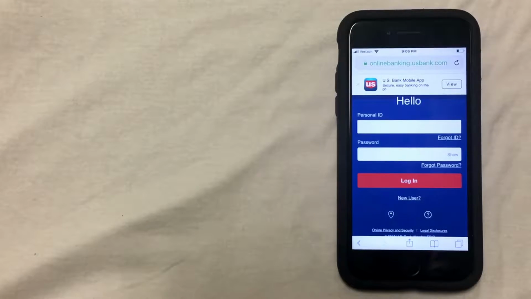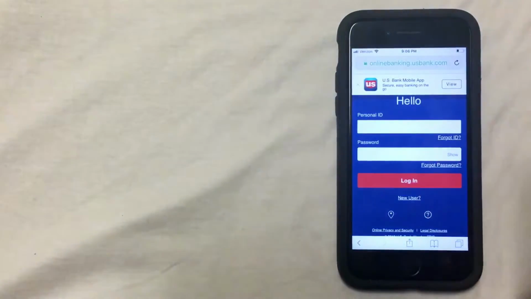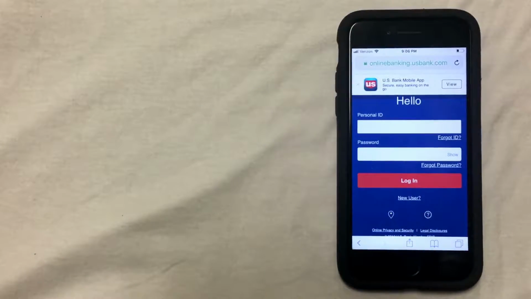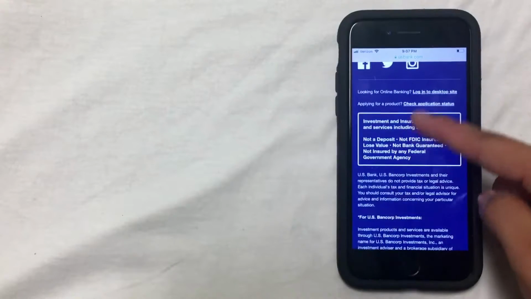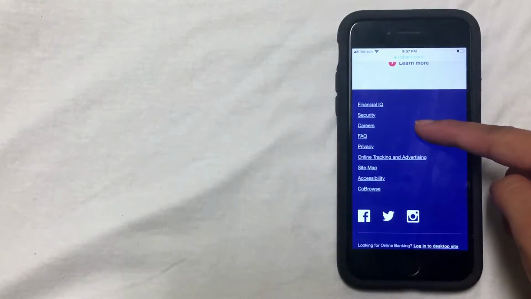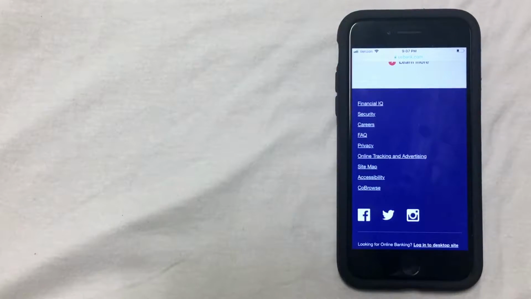The second way to order checks is going to be to call the customer service number for US Bank. You should be able to find this phone number on the back of your debit card, and you can also find the phone number by looking for a Contact Us page on the US Bank website. Usually you can find that at the very bottom of the screen, but it might take a little bit of searching. Usually the back of your debit card is going to be your best bet,